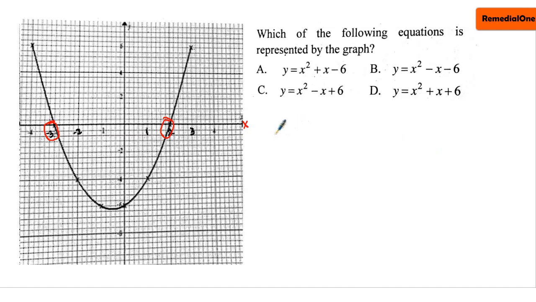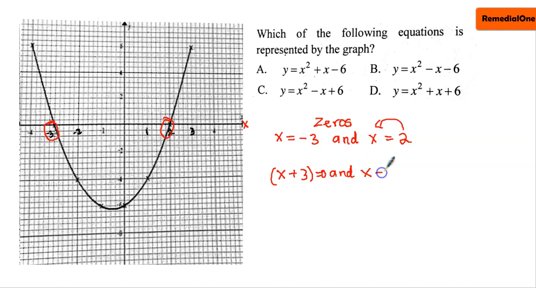So here that means one of the solutions is x equals -3, and another one is x equals 2. So these are the zeros. So when we have the zeros, can we write it in the factored form? Yes. So when we bring this one here, it's going to be x plus 3. And when we bring this one over here, we can bring the 0 here if we want, x minus 2